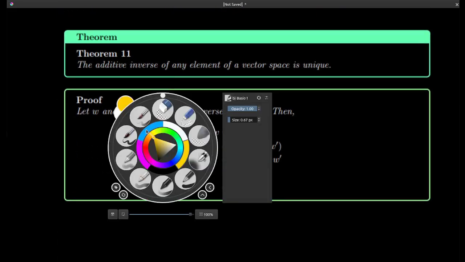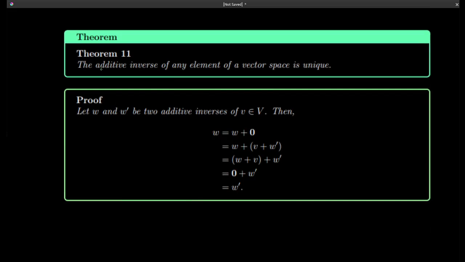So, the additive inverse of any element in a vector space is unique. Let's do this. Same kind of idea. Take W and W prime to be two different additive inverses, or not necessarily different, two different ways of writing an additive inverse. We'll show that it's ultimately the exact same thing, but we're not supposing that yet. Just take two additive inverses of an element V. Then notice